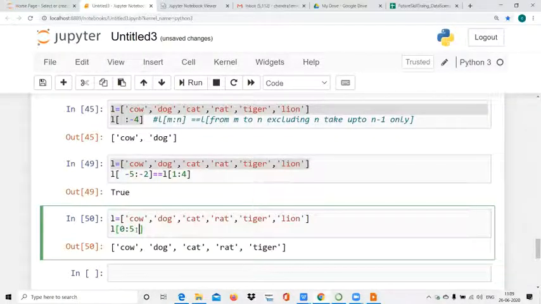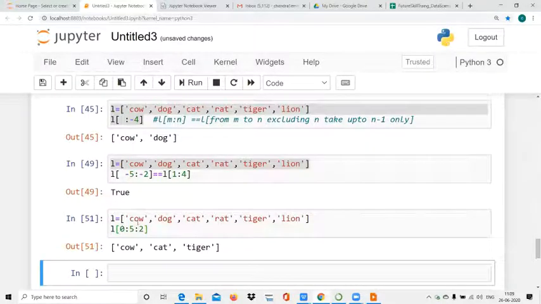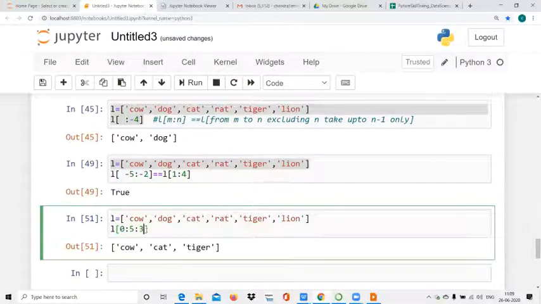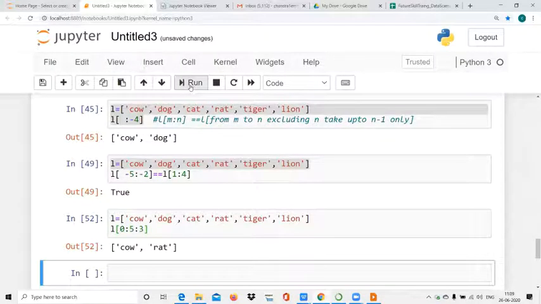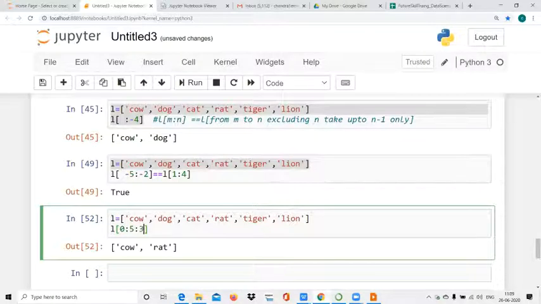Again colon 2. It will print the first element, then leave cat, leave this, and print this. After 2 it will leave 2 elements. It will print cow, leave these 2, so dog and cat are not printed, right? This is striding, so if you want to take alternate elements like this, you can do it.